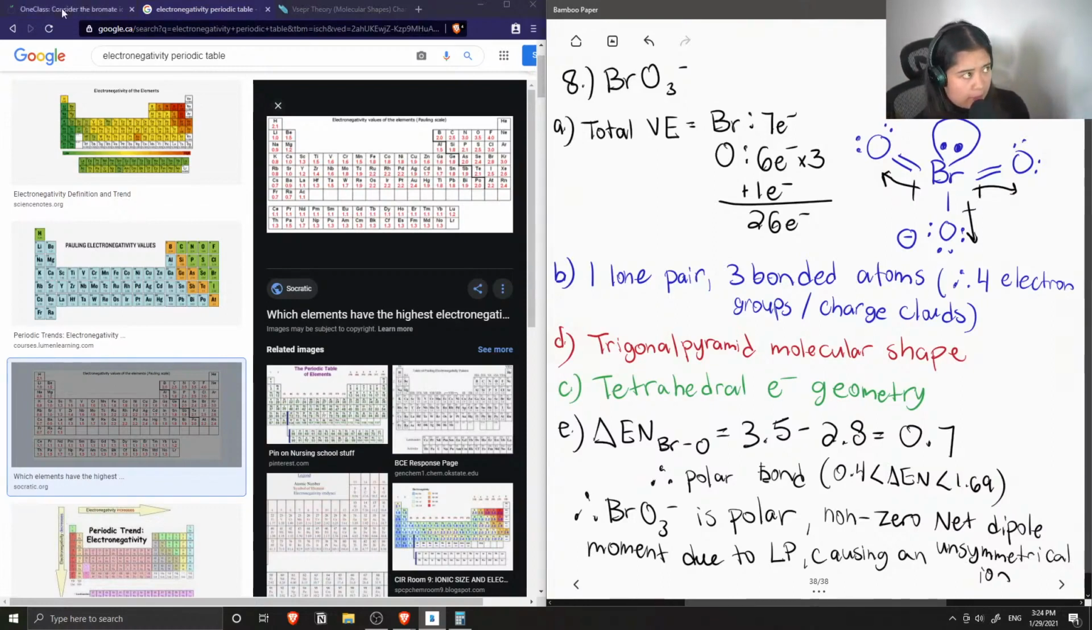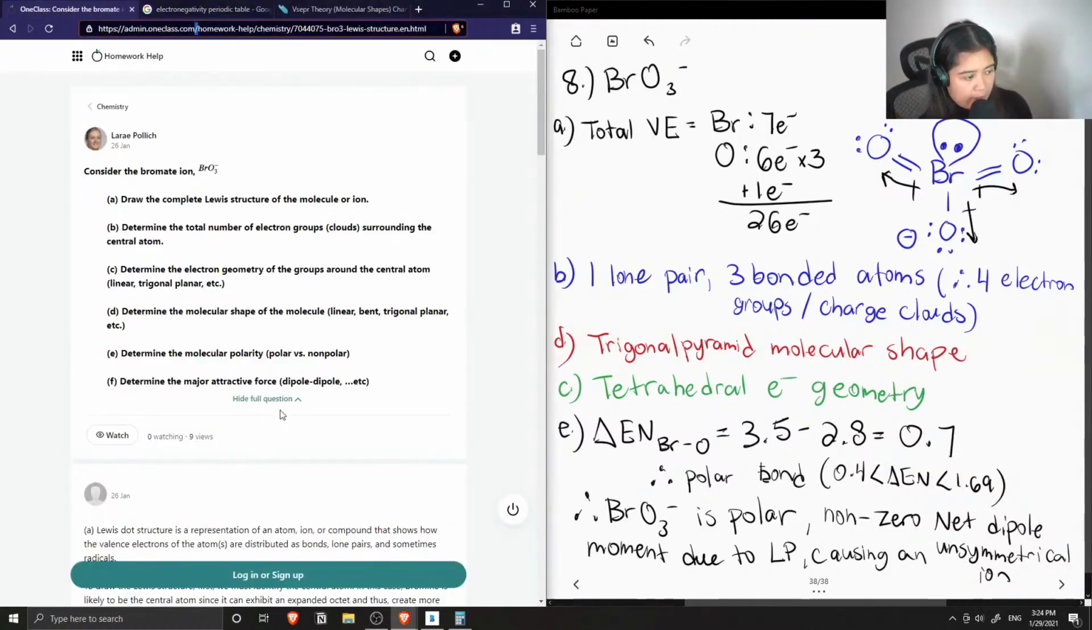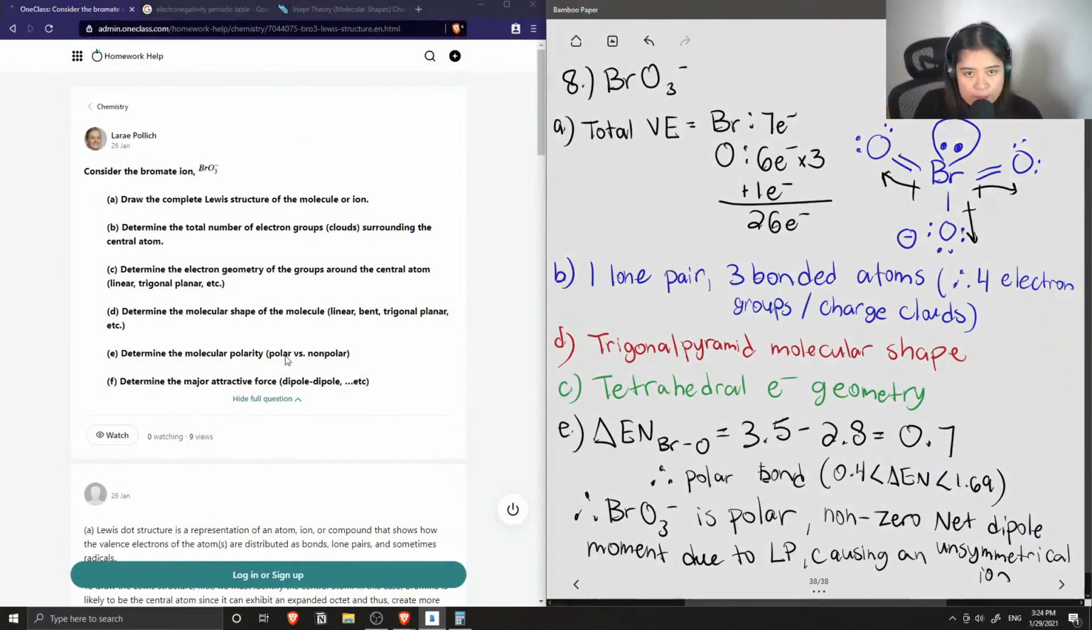And there's still a part F, determine the major attractive force, dipole-dipole, etc. So just to sum it up, the dipole-dipole is the main attractive force. Because of that electronegativity difference between bromine and